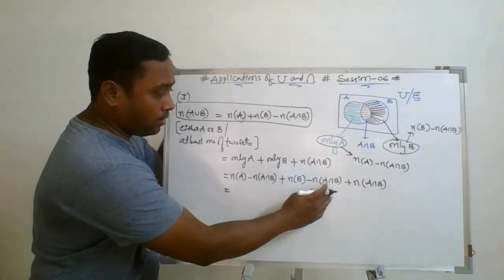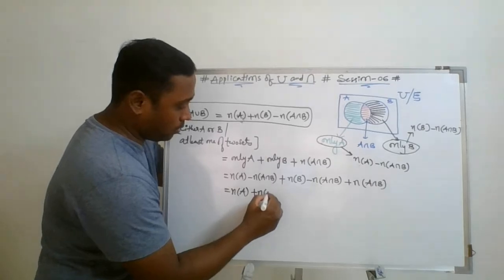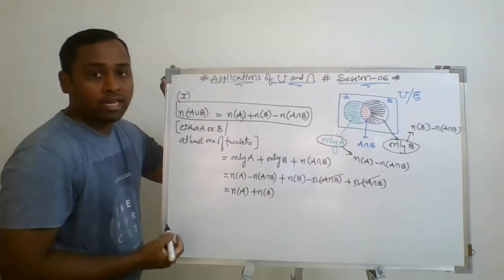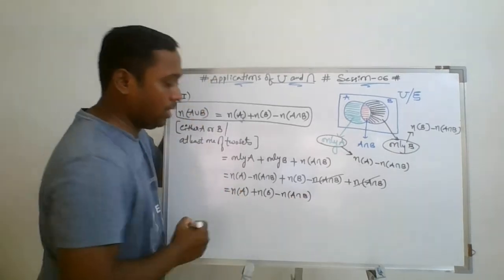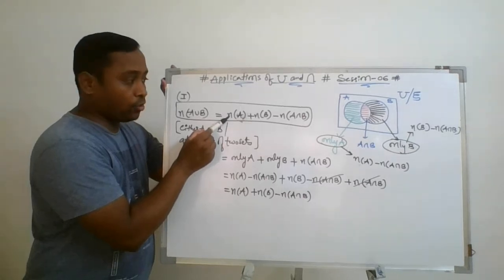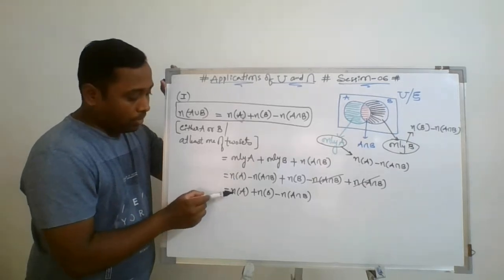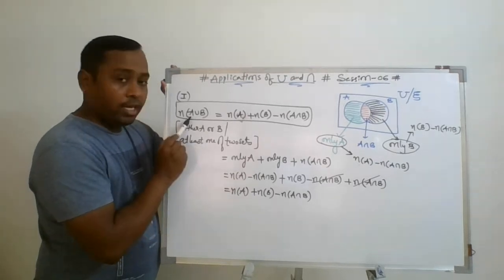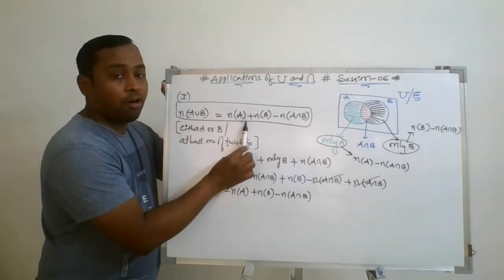Now if we add these entire notations, we will get what? The simplified form: number of A plus number of B, right? See, these two get cancelled by counting, so we are left with number of A intersection B. So what I mean to say is that the basic formula which I have introduced can also be interpreted like this, where after solving I will be able to prove that these two results are the same. Hence, this A union B can be calculated with the help of this basic formula.